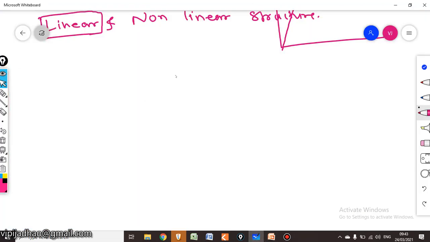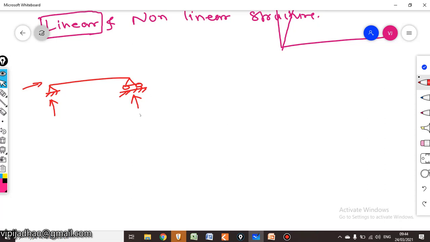Let us consider a beam which is resting at one end on a hinge support and at the other end on a roller support. So how many reactions will there be? We will have one vertical reaction and one horizontal reaction at the hinge, and one vertical reaction at the roller support.